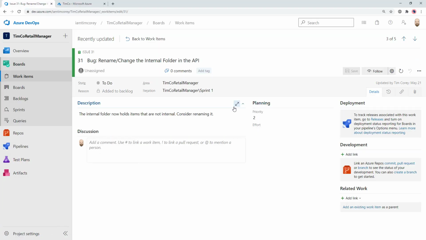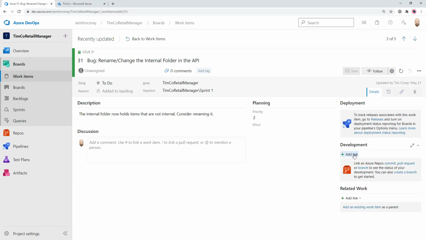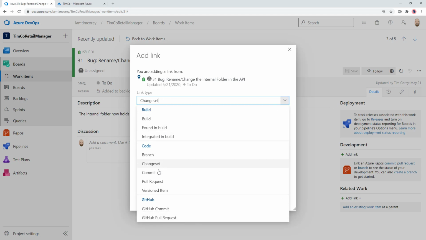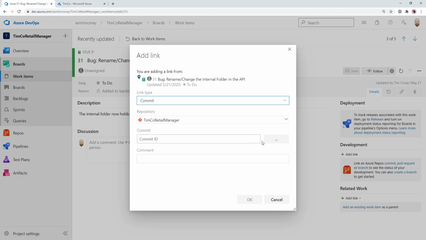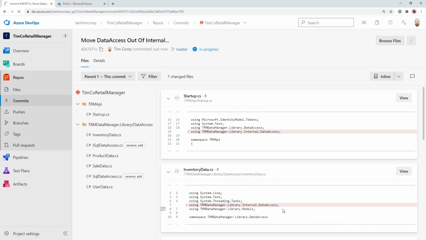All right? So now with this, I believe you can come in here and link. Nope, that's not it. Let's go to details. Let's go to development, add link. And we can look at the branch. And we're linking this bug on the branch, master branch. We actually want to go to a commit. So let's go to a commit. And let's look at the commit IDs. And this one right here, we can select that and hit,